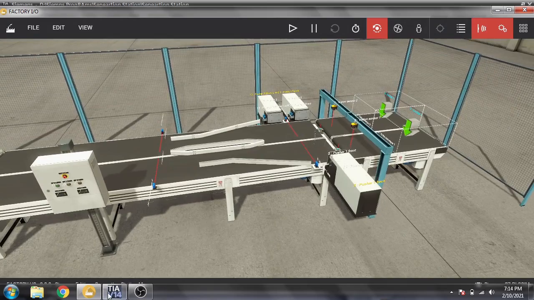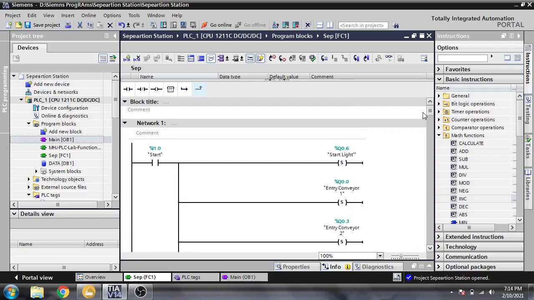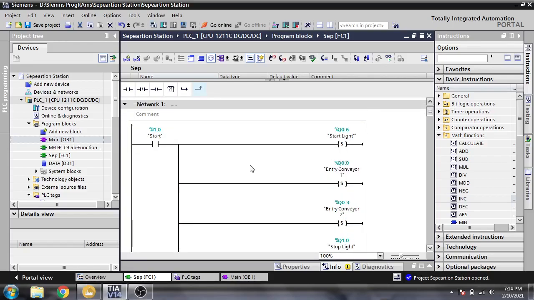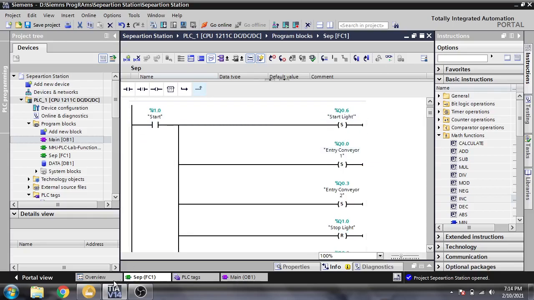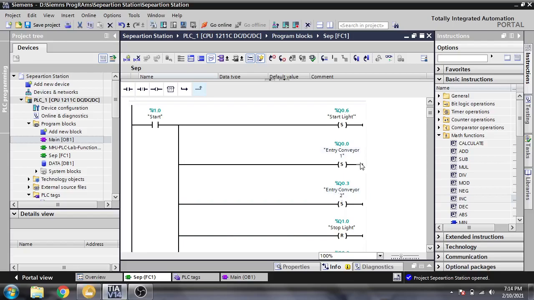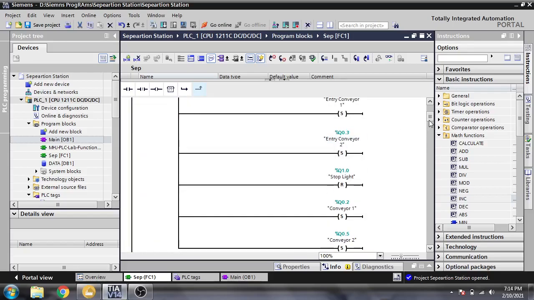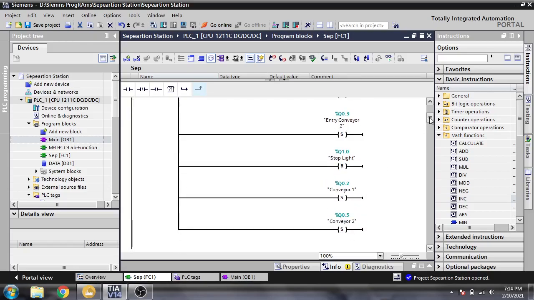Now I am going to show you from the top. First, when we push the start button, you will see the start light is on in our panel, and then it will set entry conveyor 1, entry conveyor 2, stop light, conveyor 1, conveyor 2, like that.